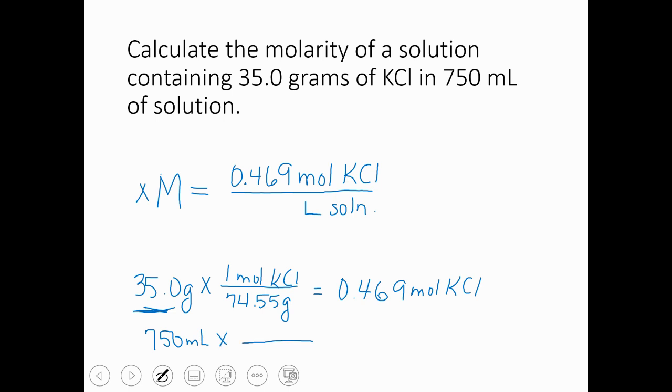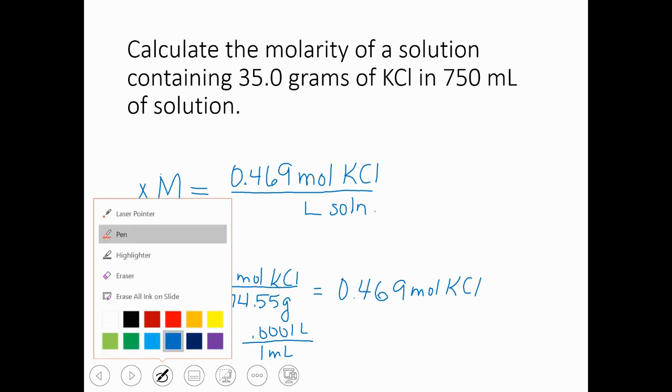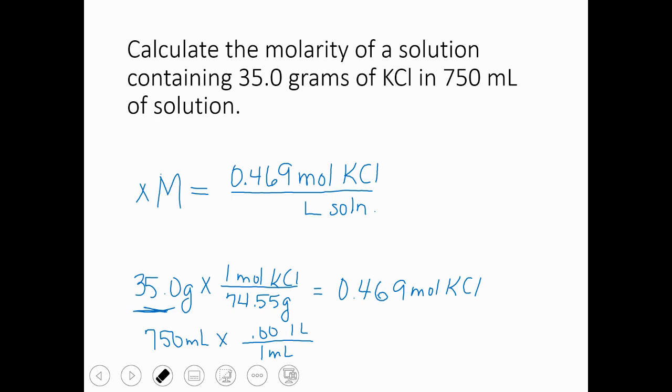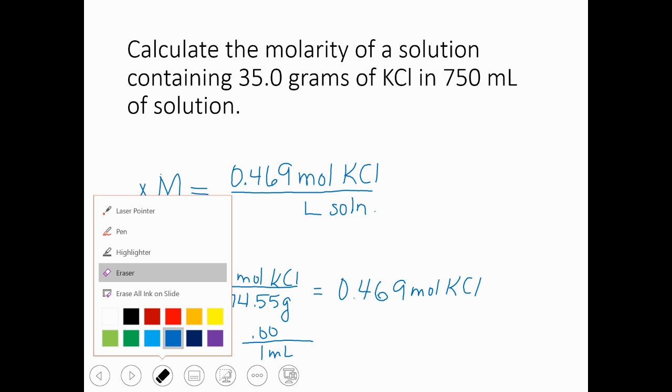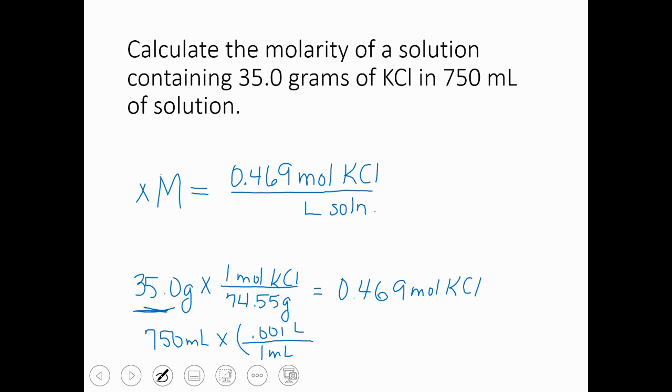And we learned how to do that in the first unit. We know that 1 milliliter is 1/1000th of a liter. So we can make that conversion and you should get 0.75. Now I'm not going to add a zero on the end because if you look back here, there's no decimal, which means that this is only 2 sig figs. So I'm going to keep it as 2 sig figs. But now I have my volume in liters. And when I divide, I get